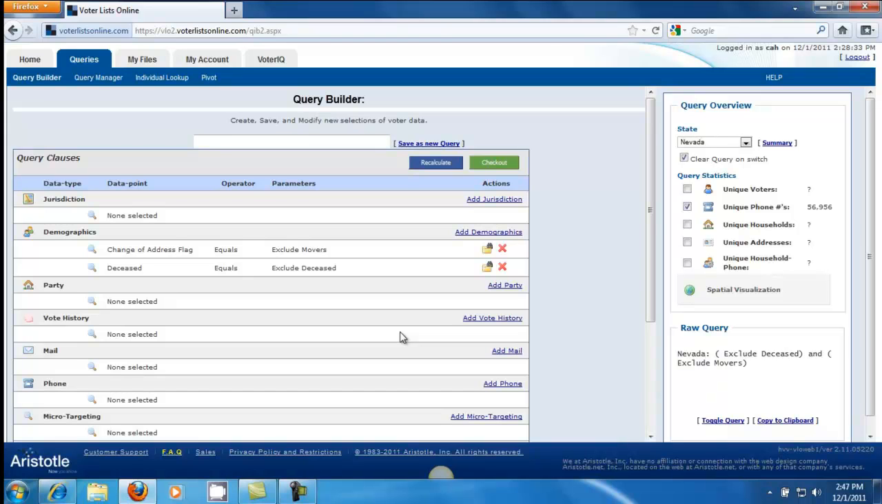This segment will cover how to pull the best mailing data on VoterListsOnline.com. And what we have are a few options over on the query overview side. If you're looking for mailing options, we have unique households and unique address, which I will explain the difference